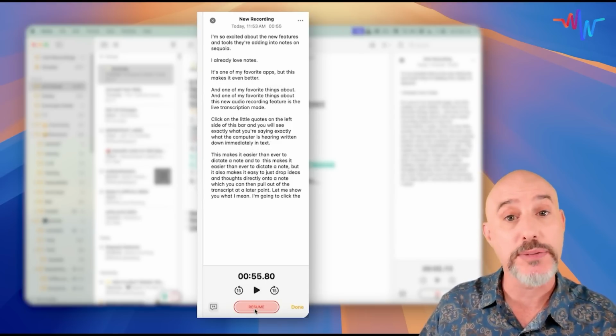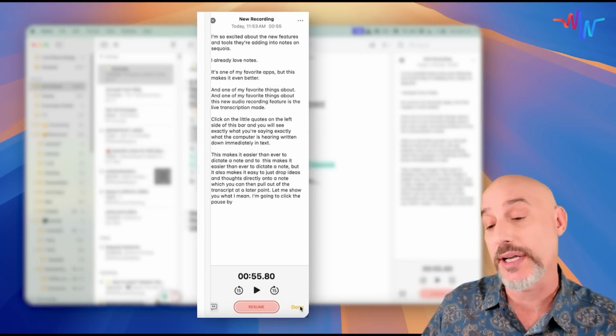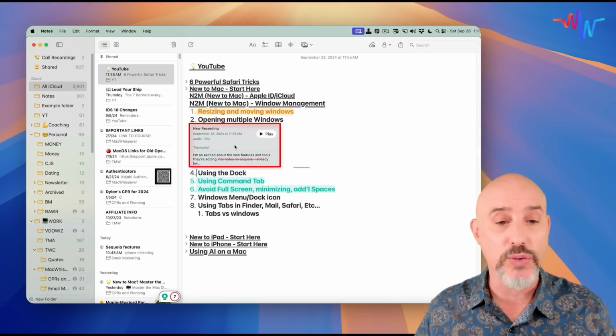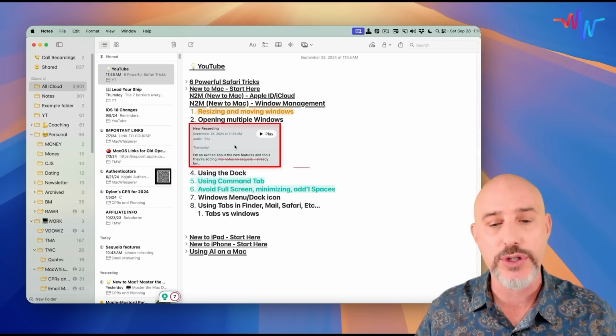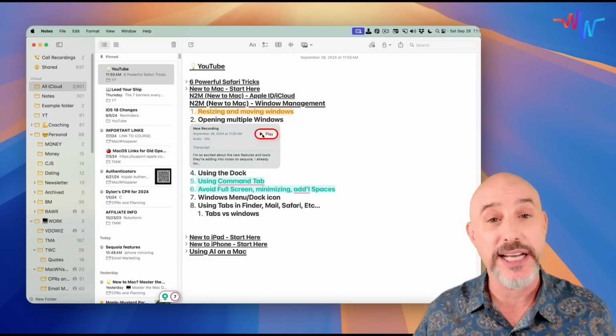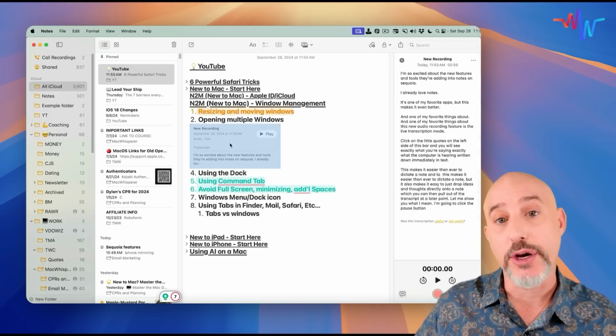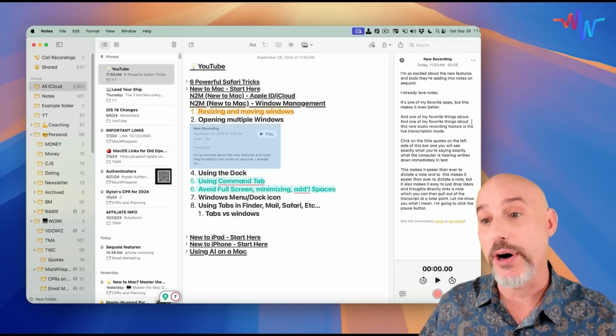I'm going to click the pause button here to stop recording, and then I'm going to click the done button here. You'll notice that this audio recording is now right in my note exactly where the cursor was. If I click the play button here, it'll play back that audio recording to me. But if I double click on the audio recording, it will open the bar back up over here, and the